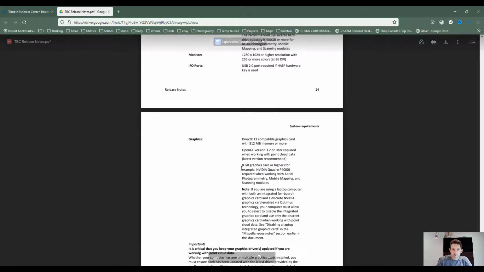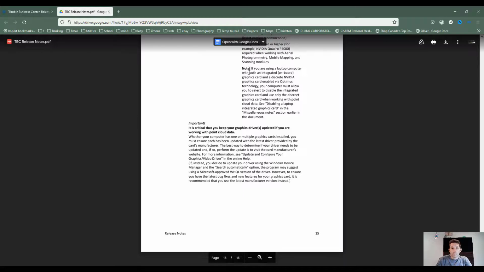Let's see, where are we? Still at 8 gig NVIDIA Quadro P4000. So that would be it. This is how you get your release notes, and